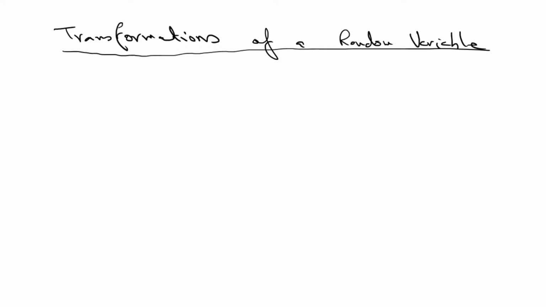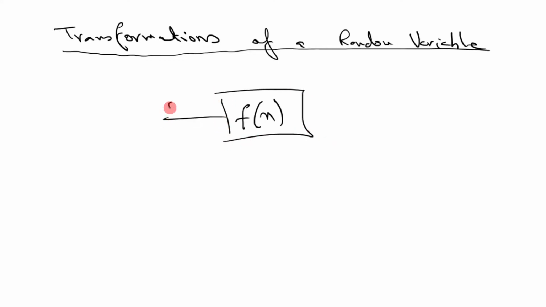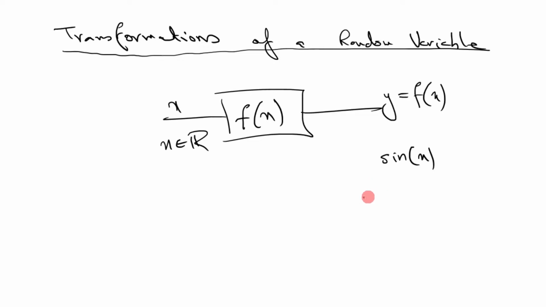Before starting this topic, let me tell you, you have studied a lot of functions in which you have an input and the output is equal to f of x. This f of x can be any function, real or complex. For example, it can be sine x. When you apply input x, which could be real or complex, then you will have the sine function, and its graph is like this.